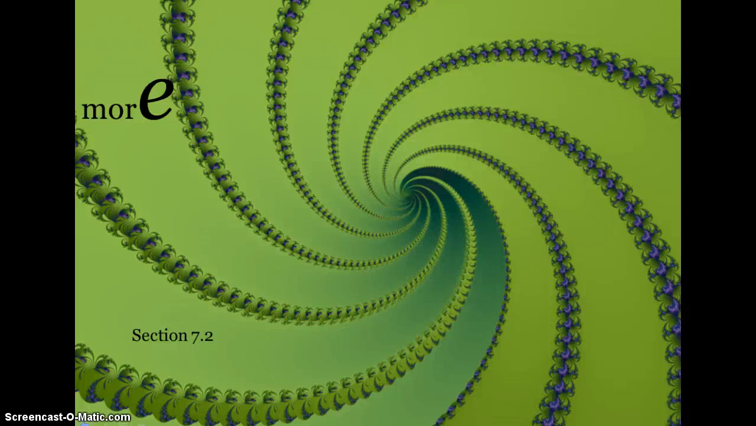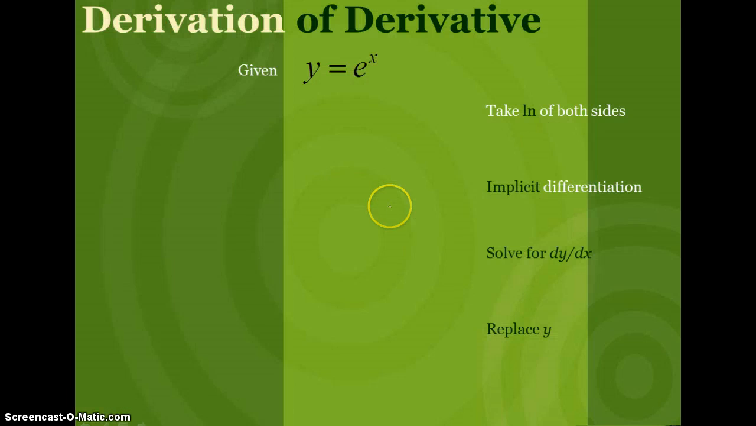Hello my friends, today we're going to take a look at kind of the opposite of what the last video is about. The last video is about taking the integral of e. Today we're going to take a look at the opposite of that, which would be the derivative of e. If you've got y equals e to the x and you want to try and figure out what the derivative is going to be,